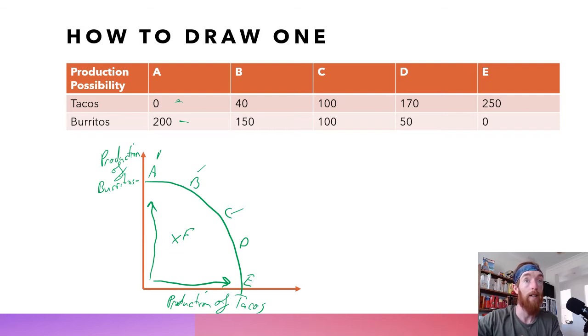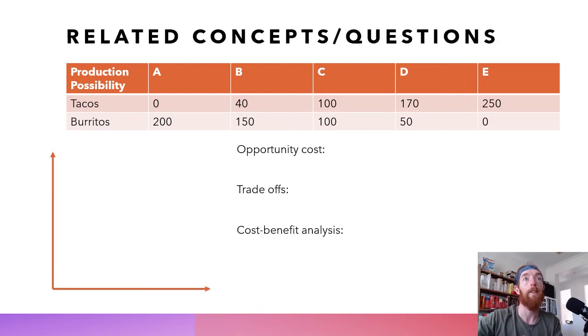Mark a point where we're being unsustainable, point G on the outside. That's what you need to do in terms of drawing it. Just label both axes, have a curve, then the letters for each production possibility point. Then in terms of other things you're going to get asked about, so if we draw that curve